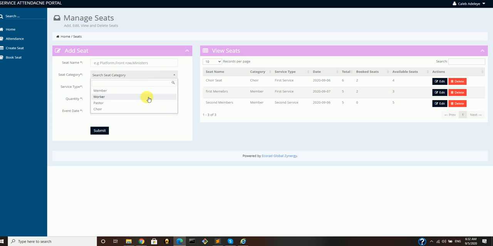So here we have edited or redesigned categories, namely member, worker, pastor, choir. These are the four major categories that exist in any church organization. So it's either you are a member, you are a worker, pastor, or choir. This worker category covers every other worker that is not a pastor or choir. So when you select that,